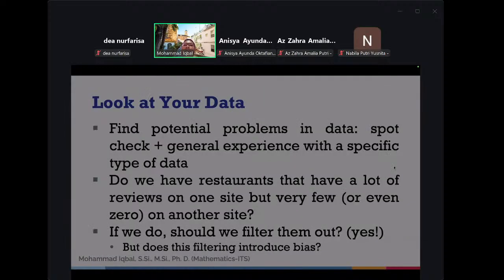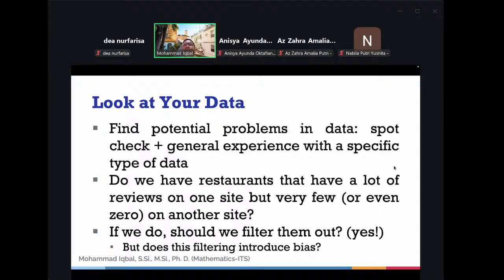Look at your data, find potential problems in data, spot check plus general experience with a specific type of data. Do we have restaurants that have a lot of reviews on one side, but very few or even zero on another side? Yeah, it depends on the customer, as I mentioned, the customer preference on social media. If we do, shall we filter them out? Of course, we should do it. But does this filtering introduce bias? Depends on